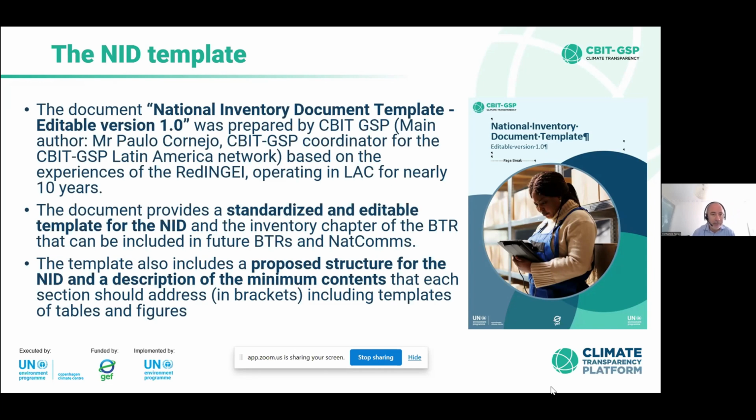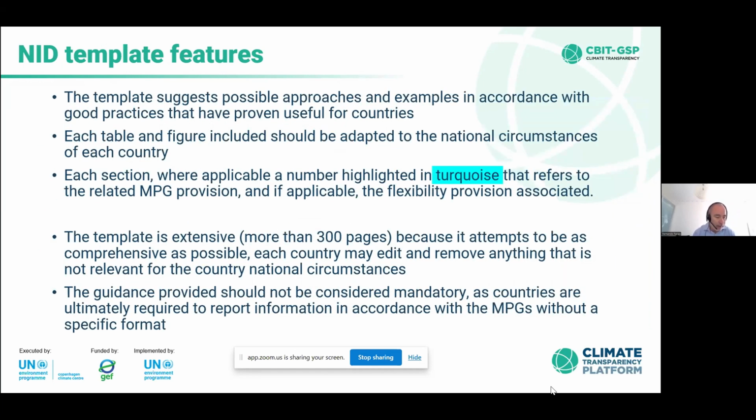The template includes proposals of tables and graphs and other parts to fill, including flexibility provisions. In each section, a specific color shows which provision of the MPGs is covered. The idea is to have a document that covers all the possible options. So according to the national circumstances, if the country has less information, it can just delete the part that they don't have. But to make it very comprehensive, we